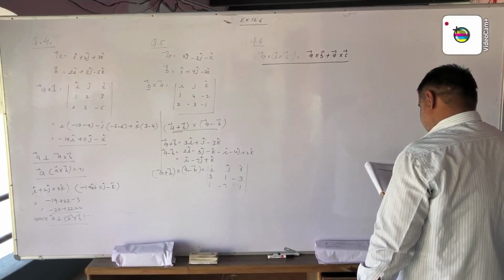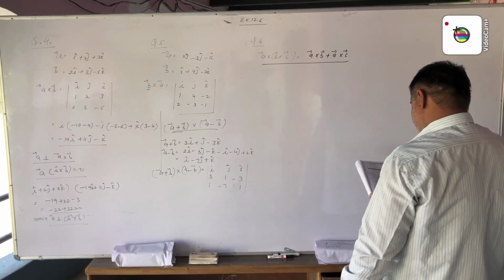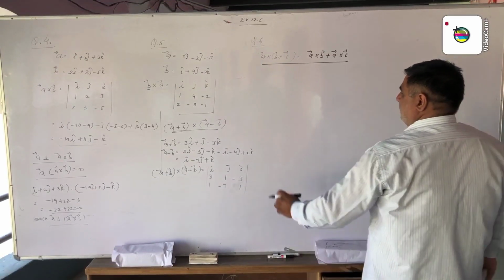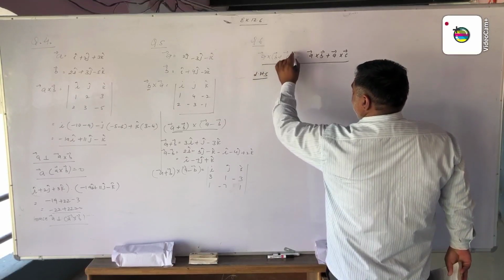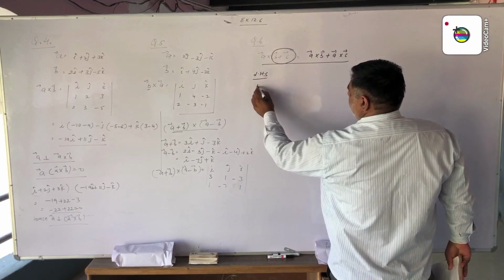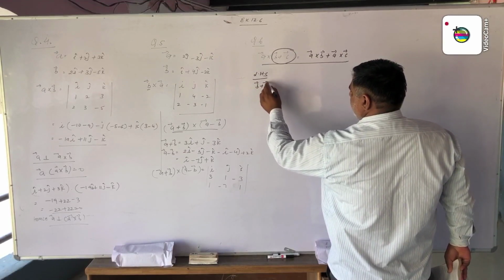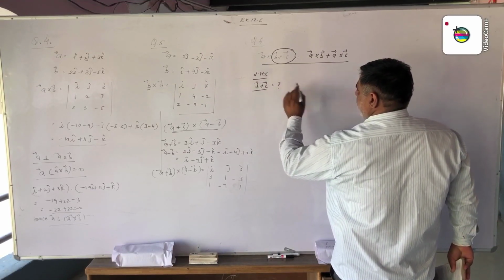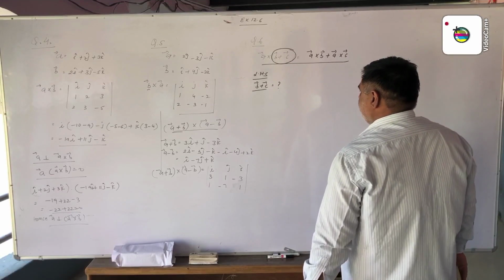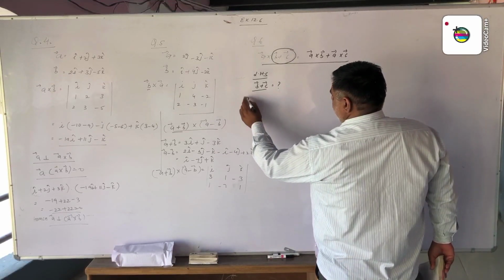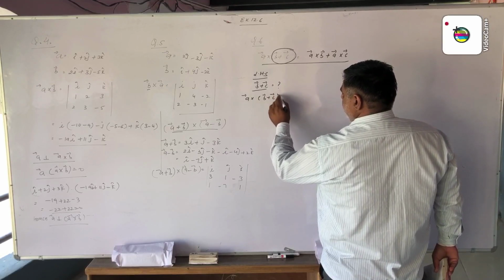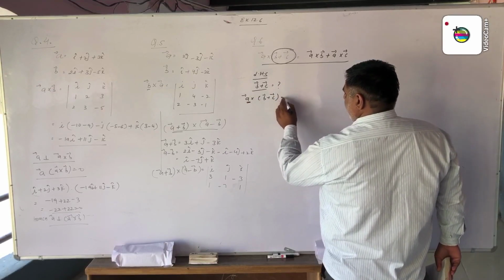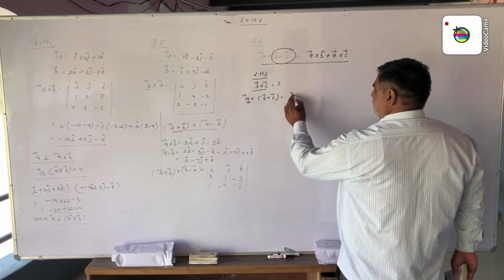Now it is given by these vectors A, B and C. First we take the left hand side. In the left hand side we first find vector B plus vector C. We add vectors B and C. After this we cross these: vector A cross vector B plus C. So we take vector A first and this vector second.